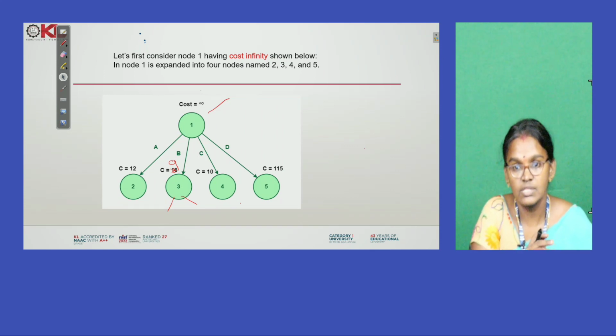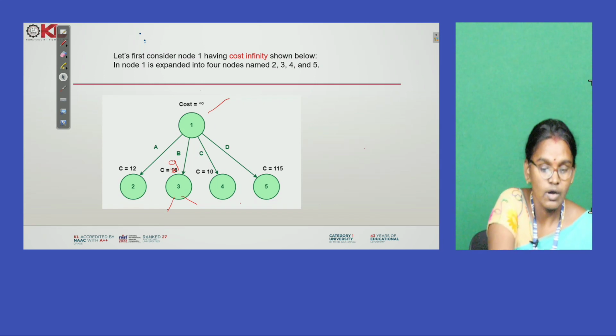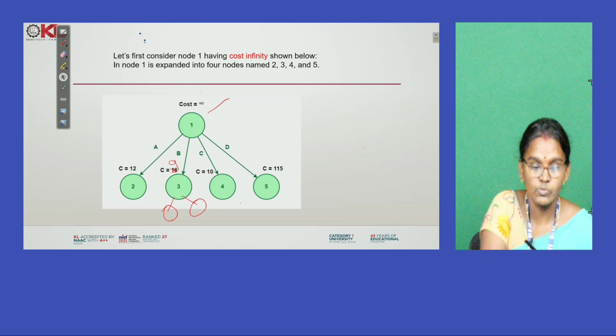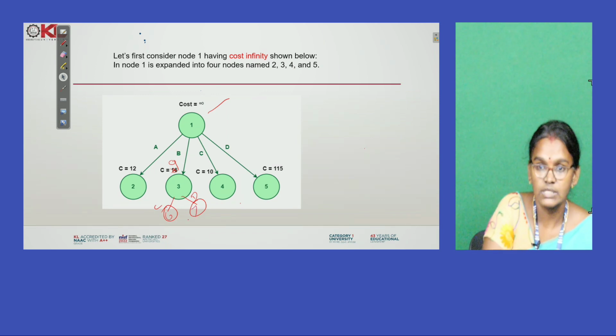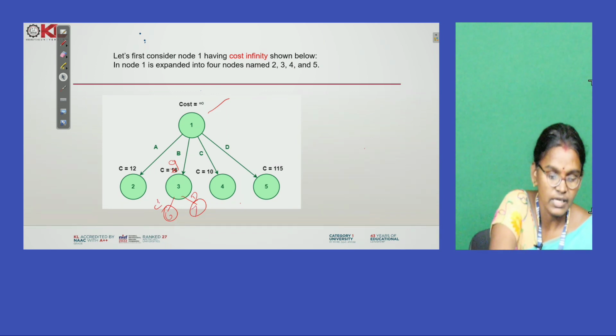So here B is implemented, and this time B is implemented by 2 nodes. The possibilities are C and D, and the nodes are 6 and 7. Suppose the cost of C is 6 and the cost of D is 5.